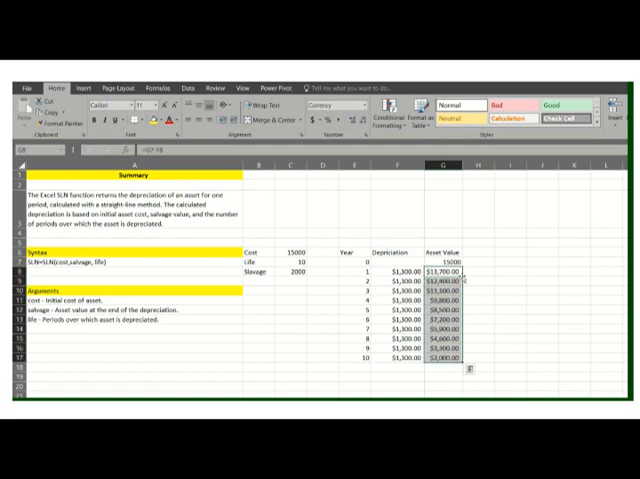I will just drag it down. Okay, so at the end, after 10 years, my asset value is 2000. Now this 2000 is equal to the salvage value. So it confirms that our calculations are correct. All right. So you can also create a chart for this